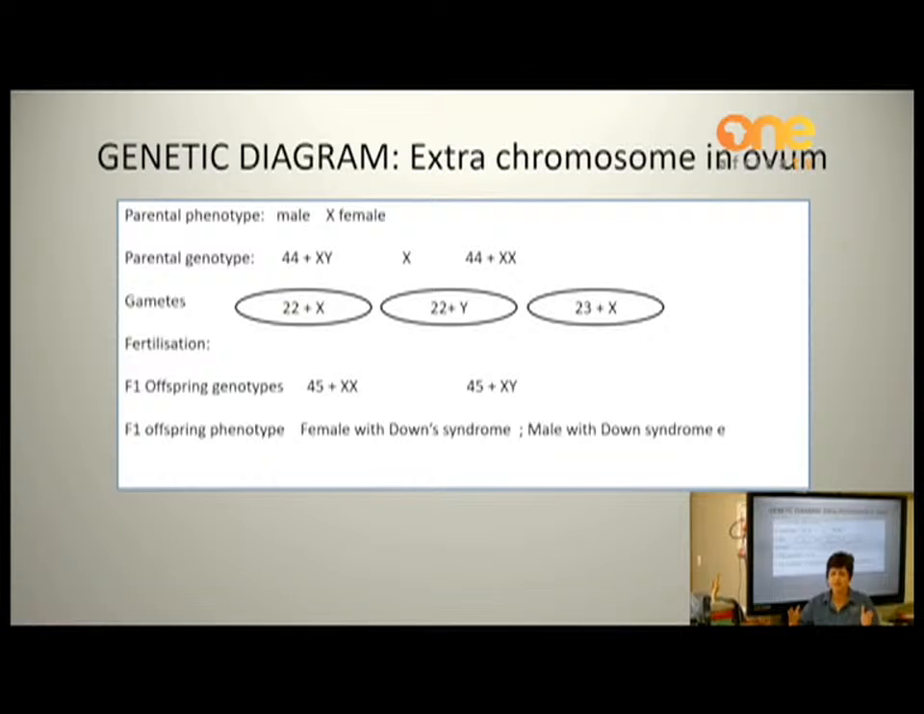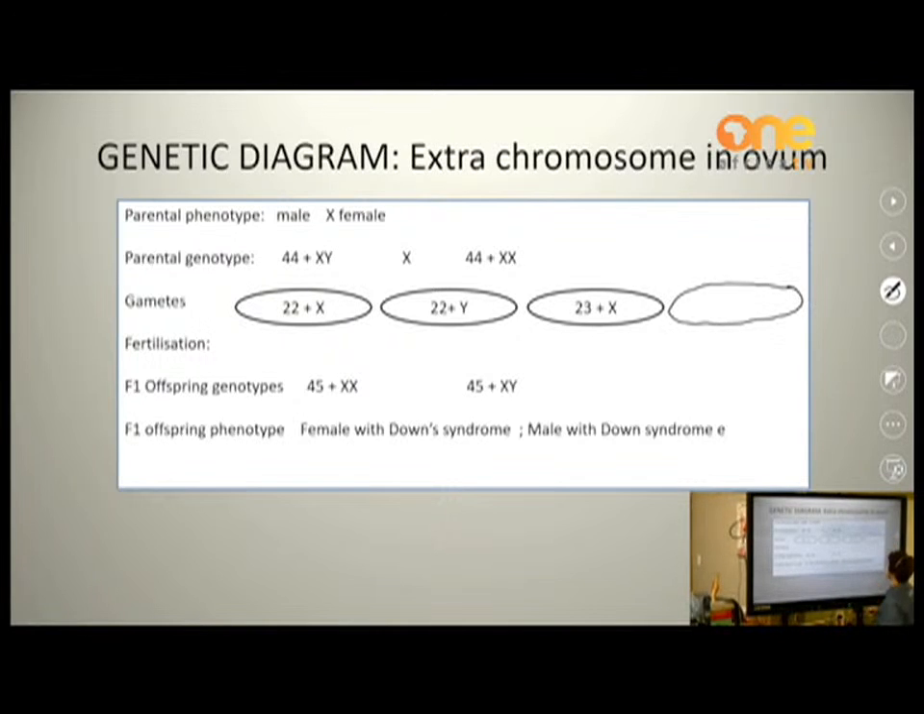Actually, during meiosis, they form 4 haploid cells. But during this formation, the pair do not split. And where the male has 44 plus the X and the Y chromosome in its genotype, and the female 44 plus XX. Now, they separate, and instead of having 22 plus X, there's 23 in the one chromosome, and in the other one,